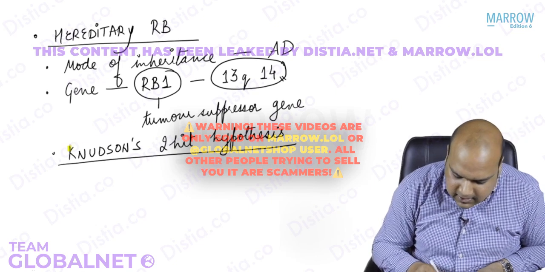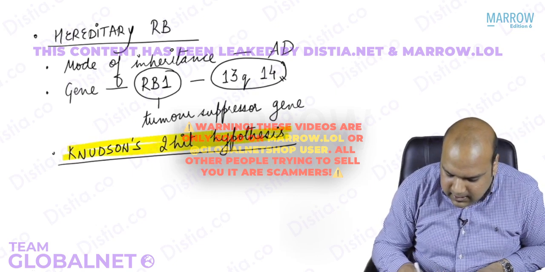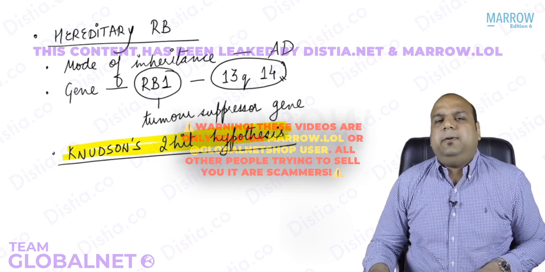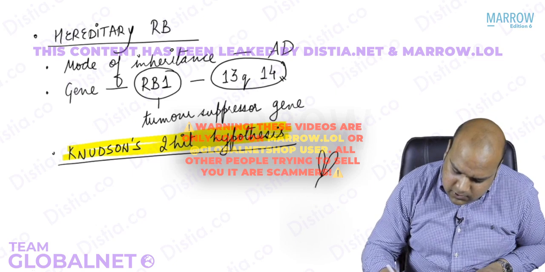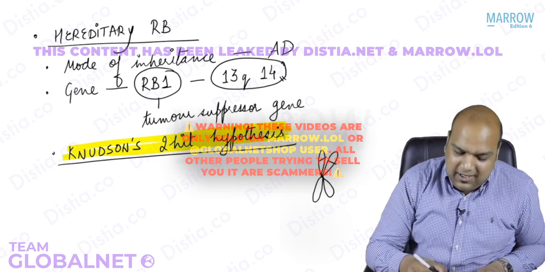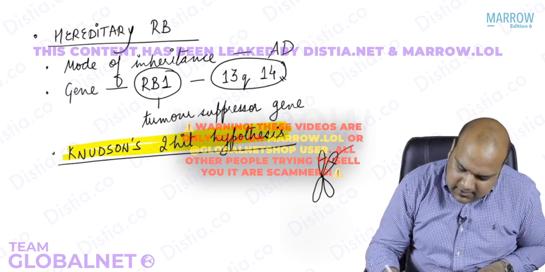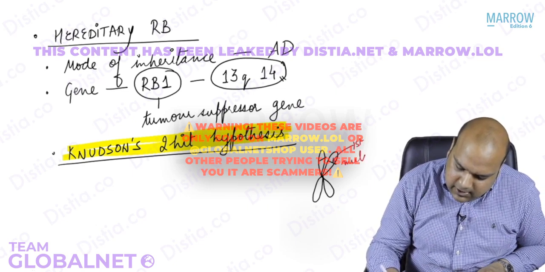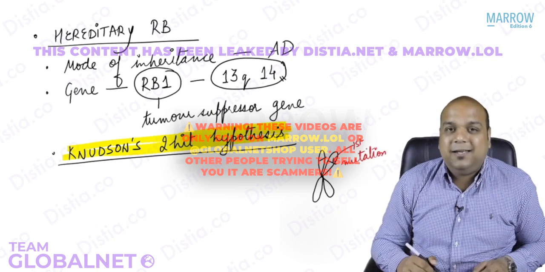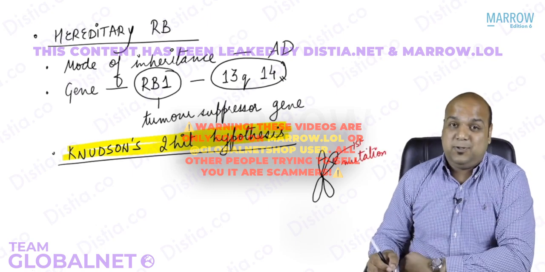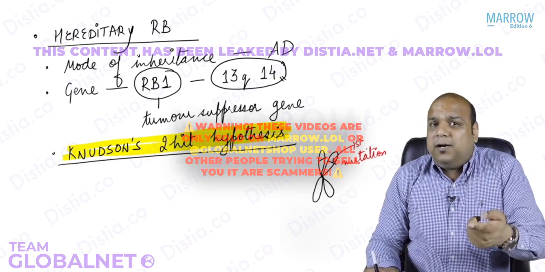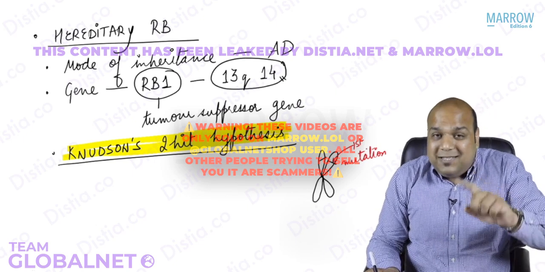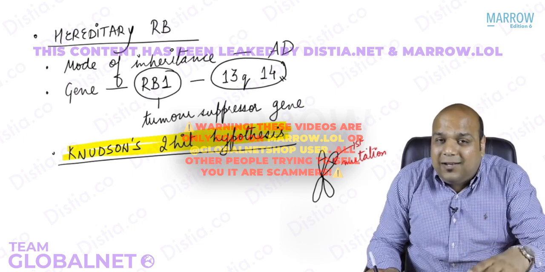What does Knudson's two-hit hypothesis mean and what does it tell us? Everybody, in very simple words, we say that every chromosome has two alleles and thus two copies of the gene. We are saying the first mutation, the patient is inheriting. Hereditary retinoblastoma, yes or no? So the patient is inheriting the first mutation, everybody. So before birth, the patient has the first mutation, which is enough to be able to start the pathogenesis of